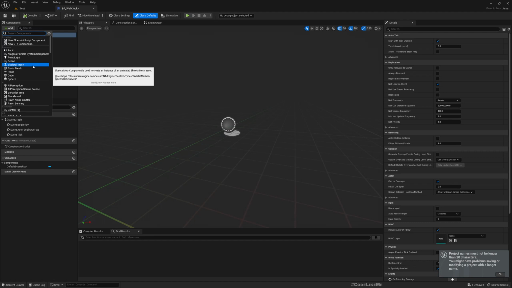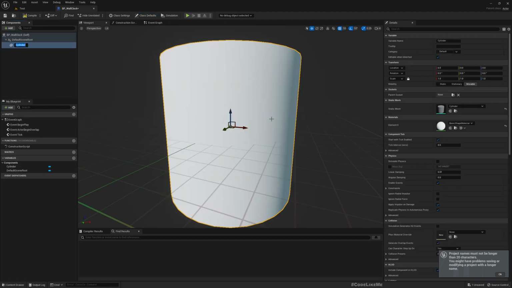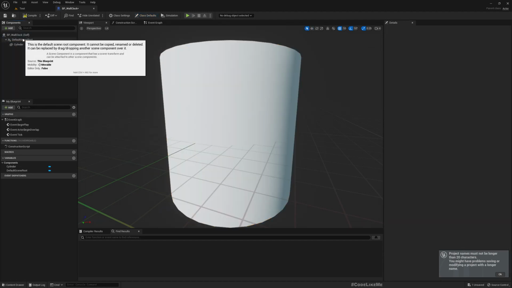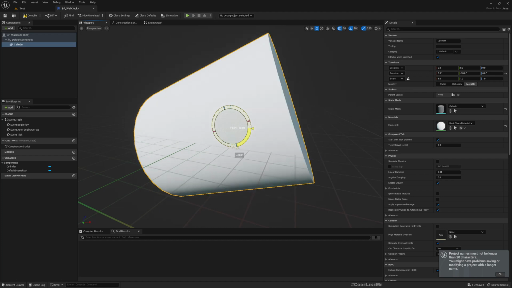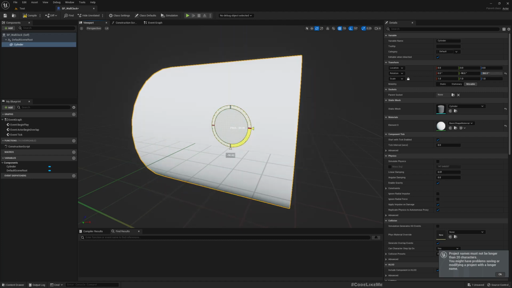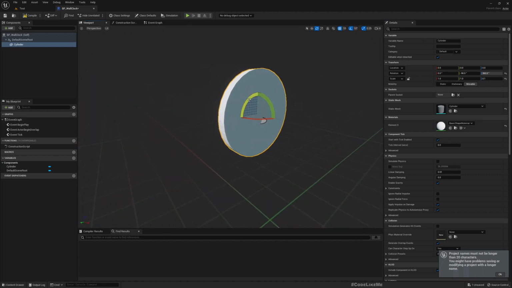I'll add a new cylinder component and rotate it 90 degrees like this. Let me unlock. Okay. Maybe we can make it even more thin. Right. Now